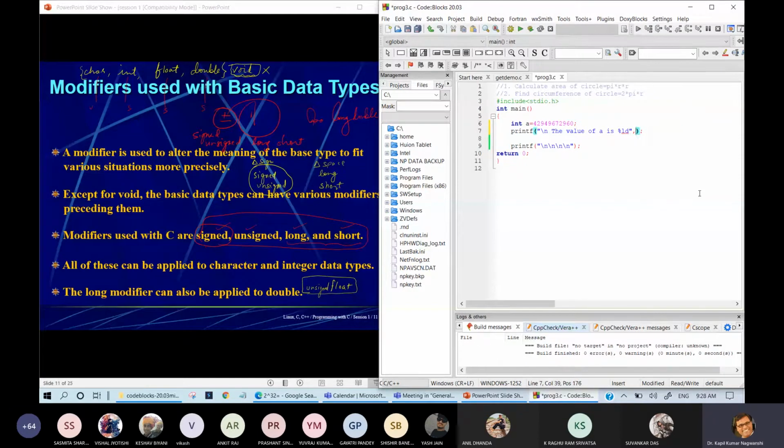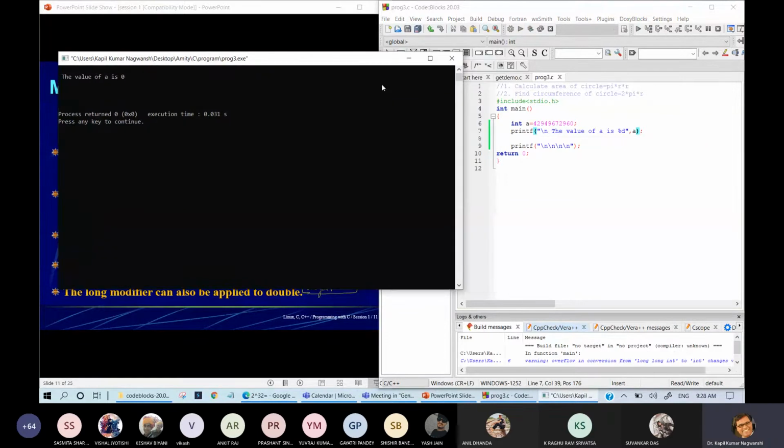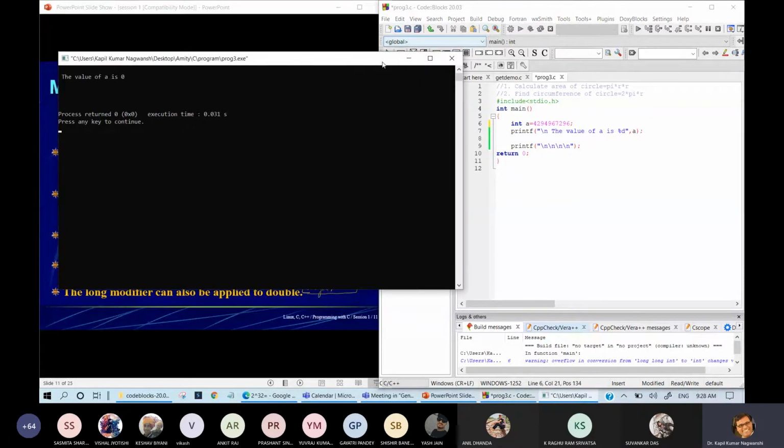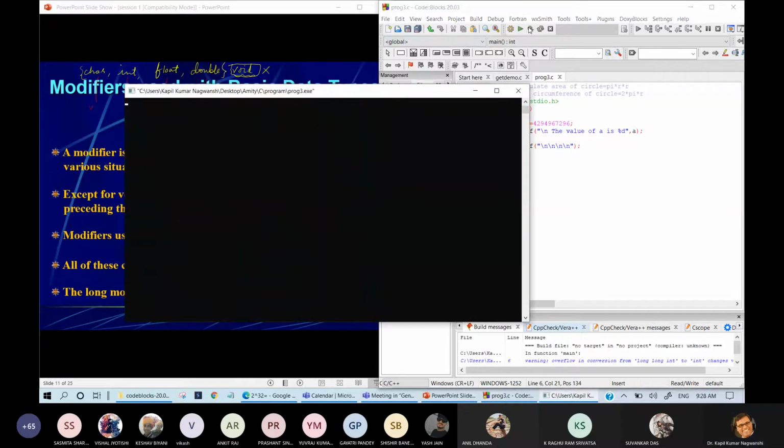Because I had put a long modifier here, so let me delete this also and let us write a. So what is the value of this a? This is 0. Why is this 0? Because it is not able to get the answer. Fine. So if I am removing this 0, this is the answer of 2 to the power 32. This may also give some minus value, let me check. Okay, it is also giving us 0.